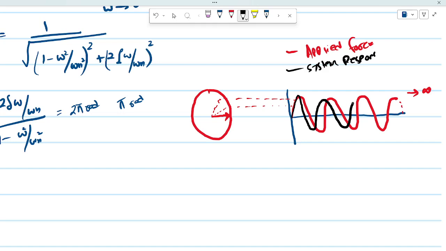Initially they were at the same place, but once it reaches here, our phasor is at the maximum angle. Then at a particular point our phasor is here, and then here. But if you draw the same phasor for the system response, initially it was here, and by the time it reaches here,